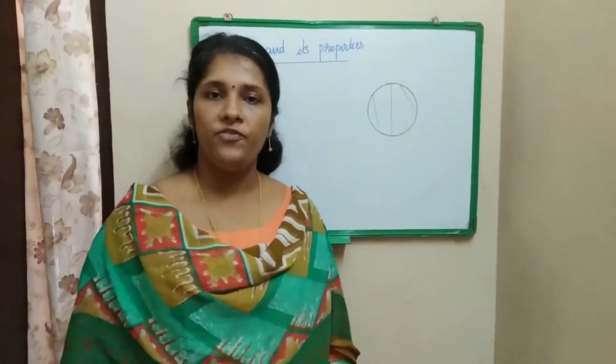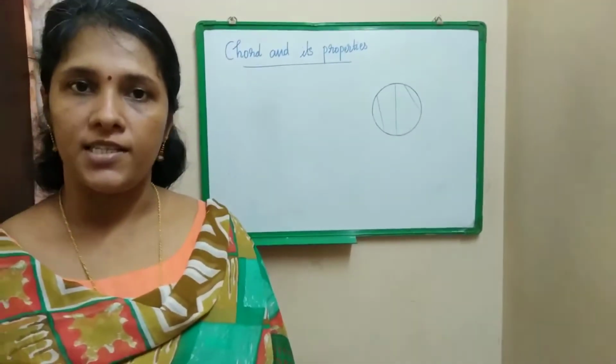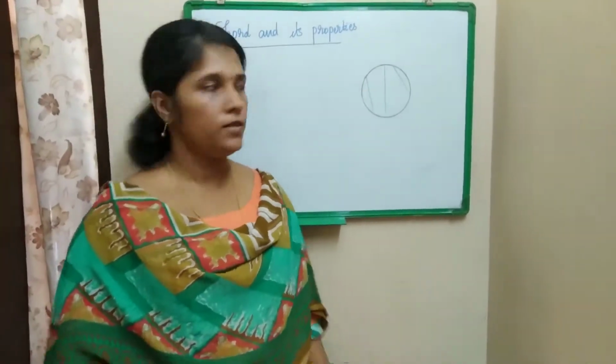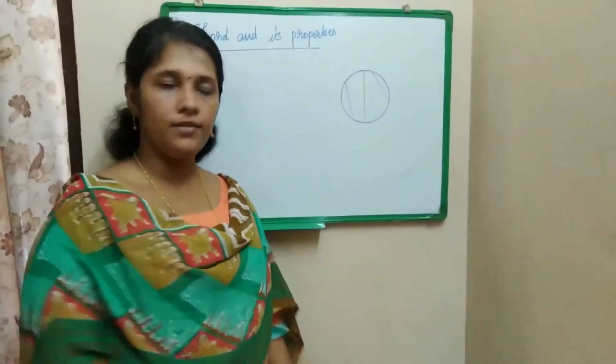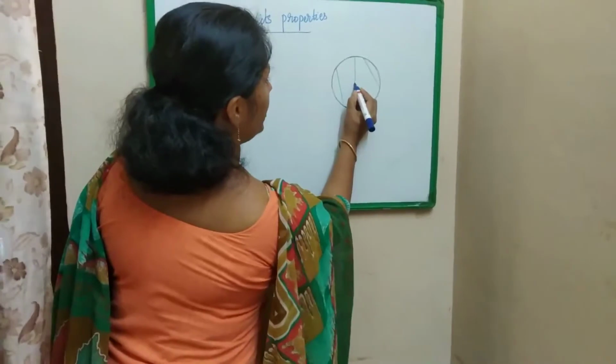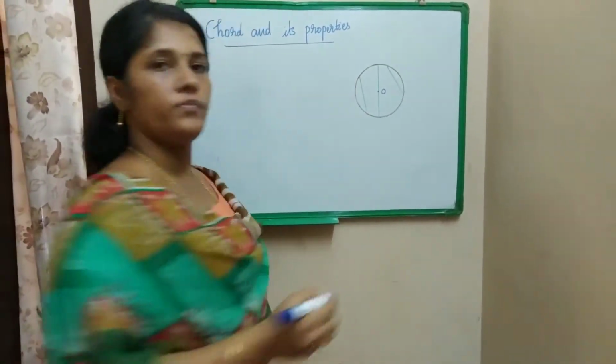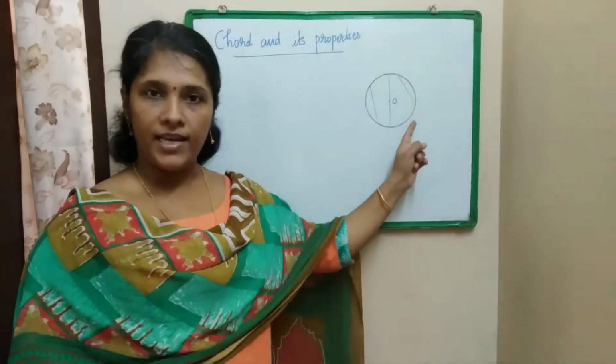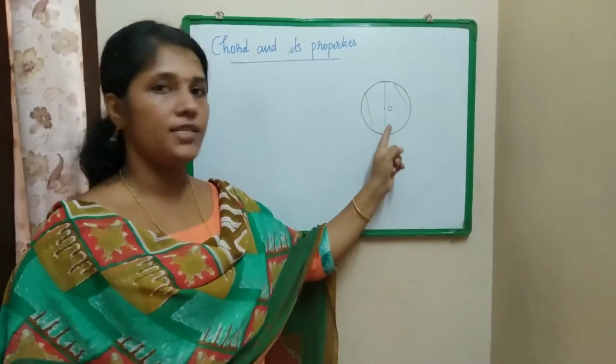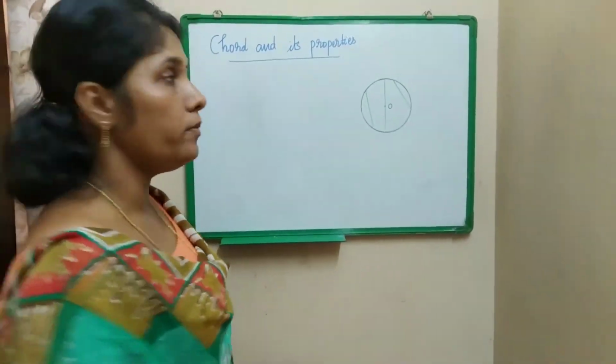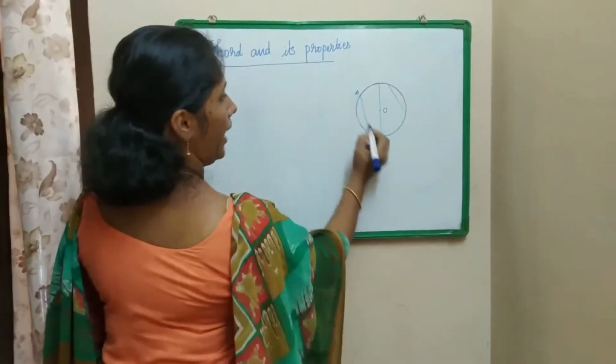Let's start with chord and its properties. Then, what is a chord? Here I have drawn a circle. Its center is O. And you can see that in the circle, I have drawn some line segments and I am going to name them like AB,